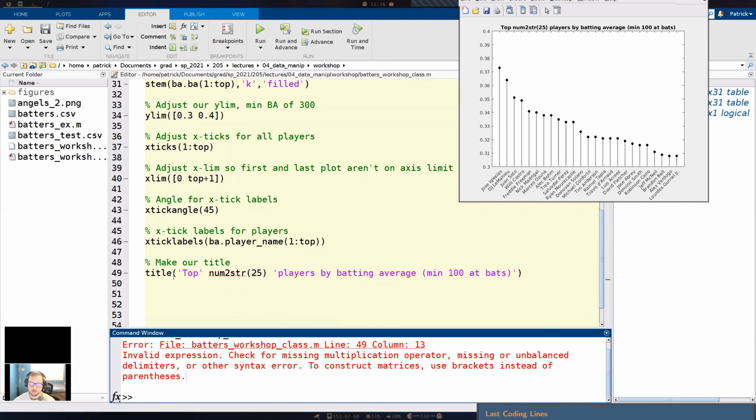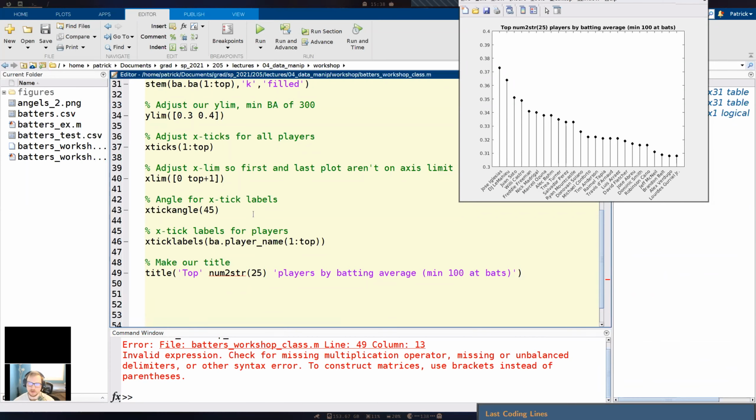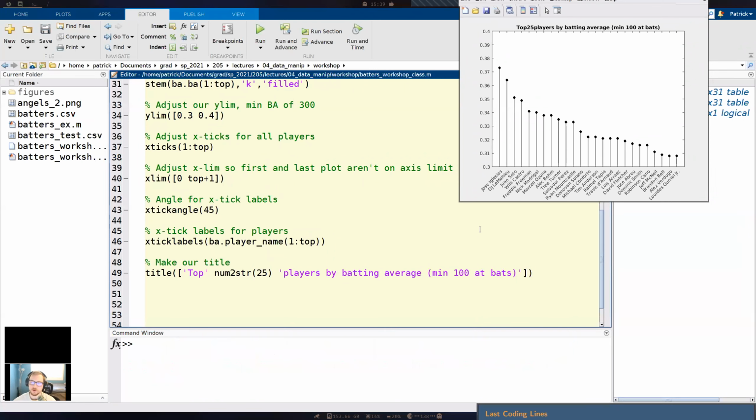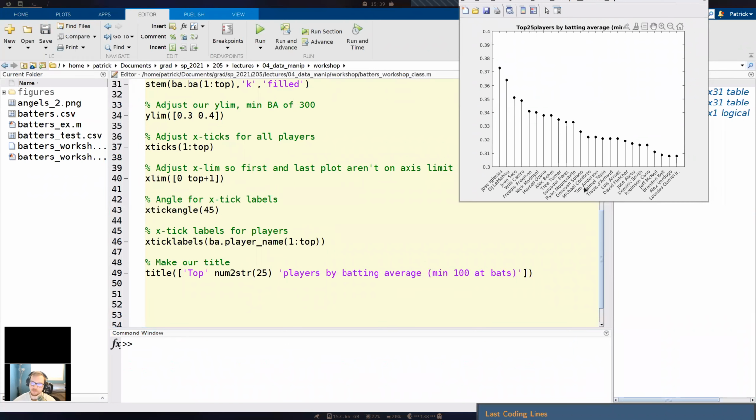So basically what we have to do here, and we saw this in the slides from last time, if I break up my title in this kind of manner where I have some words that I want printed here and words I want printed here, and then we have our function here, we need to have a bracket in the front here and then a bracket at the end. Now if we run it, now we get top 25 players by batting average. So now it's printing out that number 25 as a string.